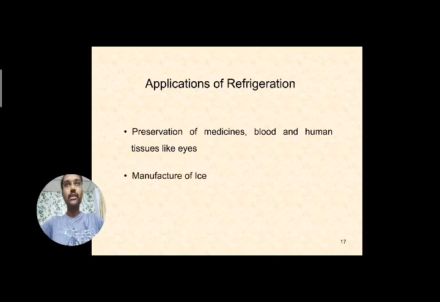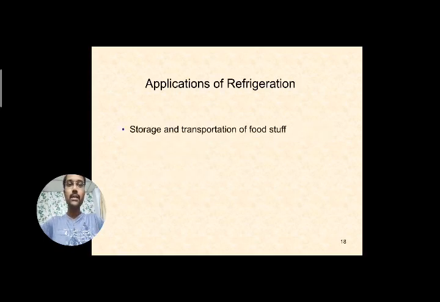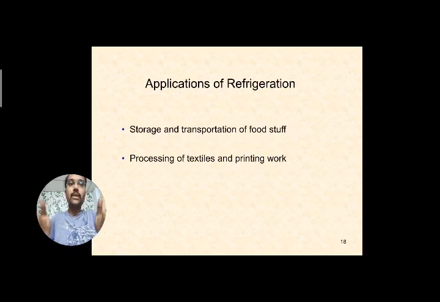Just like to manufacture artificial ice, refrigeration is used. Whenever the temperature is maintained below 0 degrees centigrade with the help of refrigeration, we can produce ice from water. Similarly, we have seen the liquid nitrogen refrigeration system and the dry ice refrigeration system. Whenever we transport foodstuff, vegetables or other things from one place to another, refrigeration is necessary. We have seen some methods for that also.